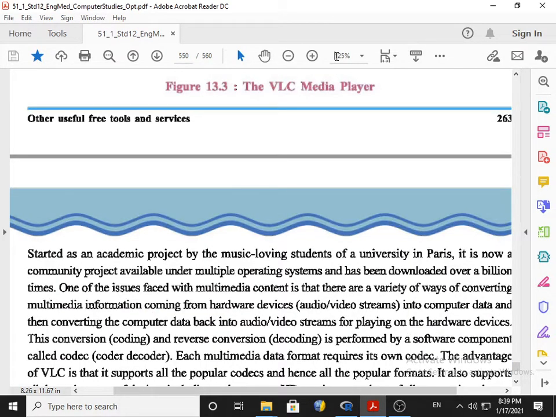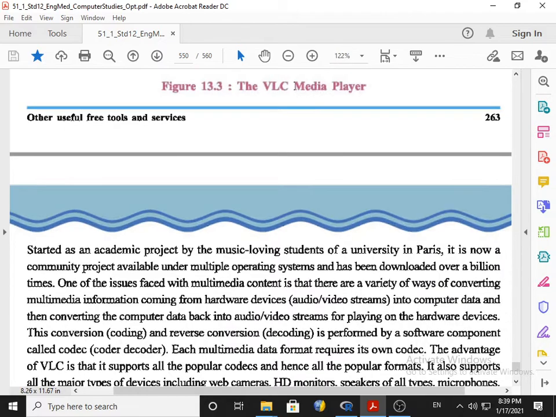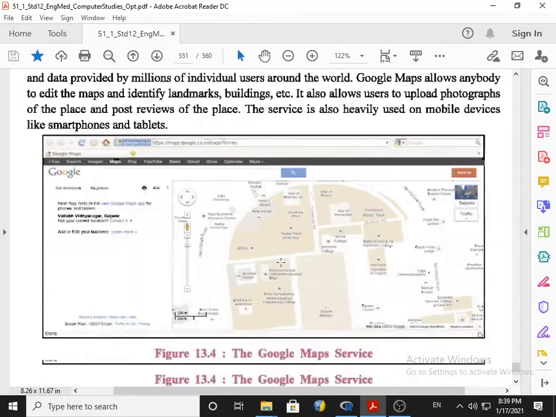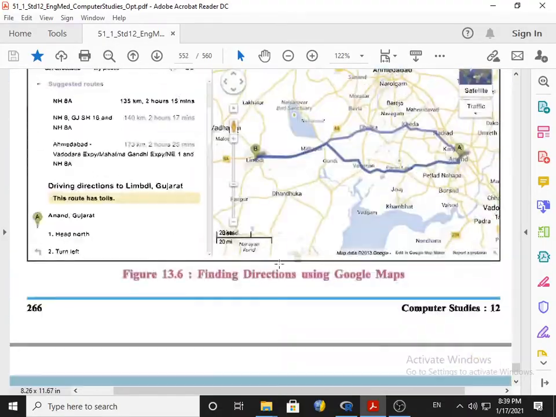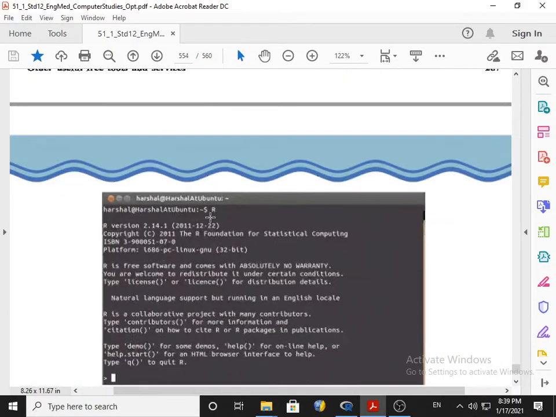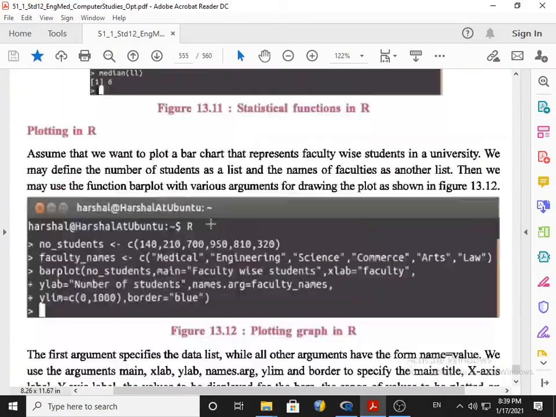Then after VLC media player, that is Google Map. Then we have the R software, and then we have rational plan.